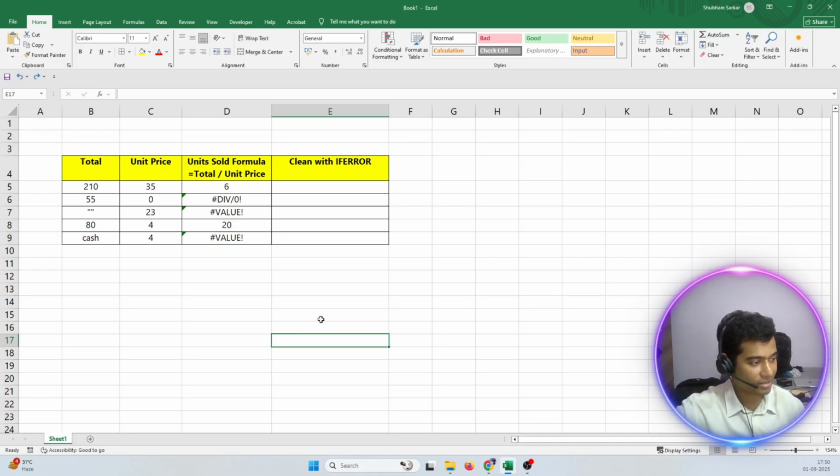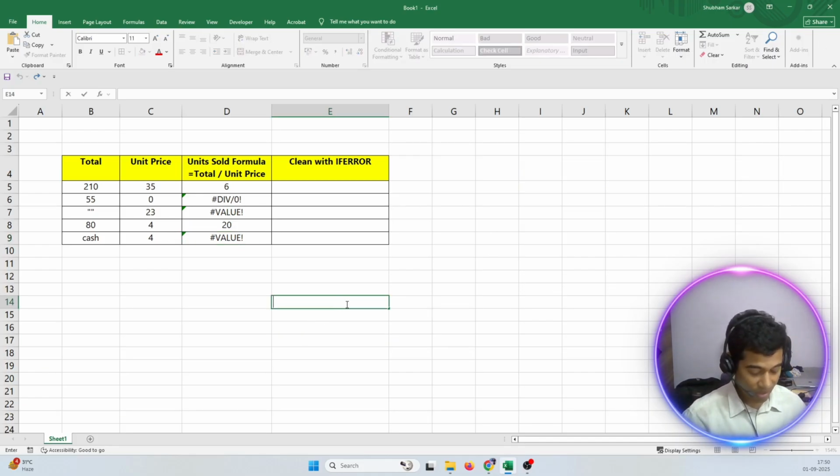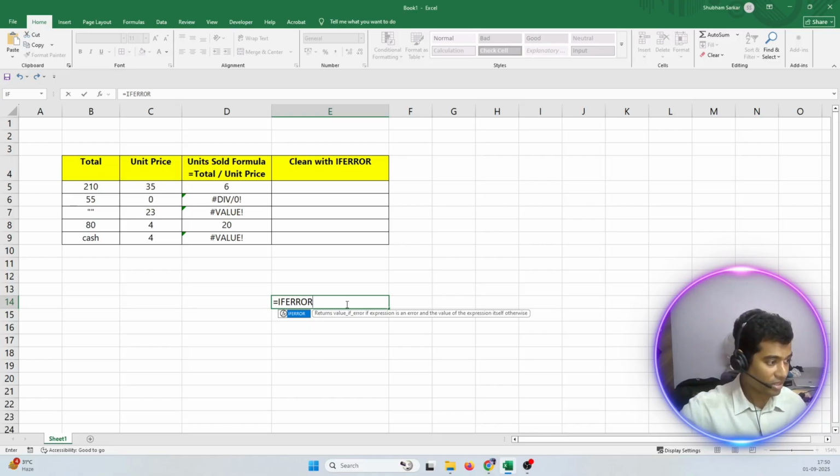The formula goes like this. Let's see the syntax here. How is it? Simple. It will be equal to, then IFERROR. Here these kinds of suggestions pop up, but I won't select this. I will just write everything out, because we are at a learning stage right now. Then inside this,